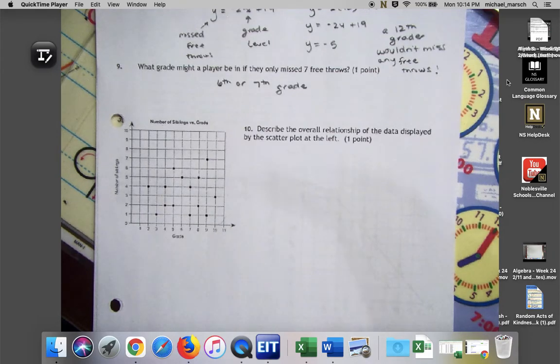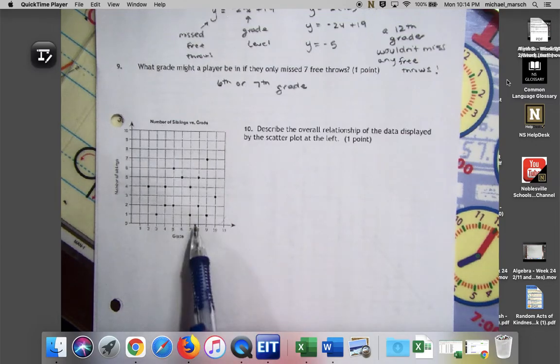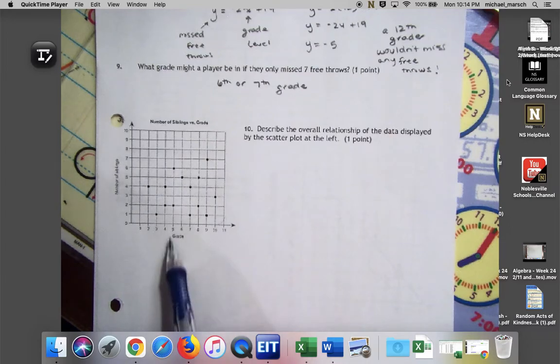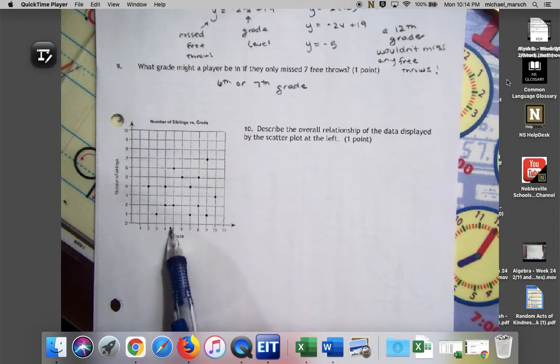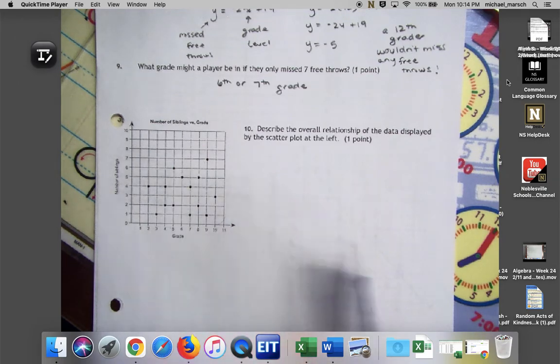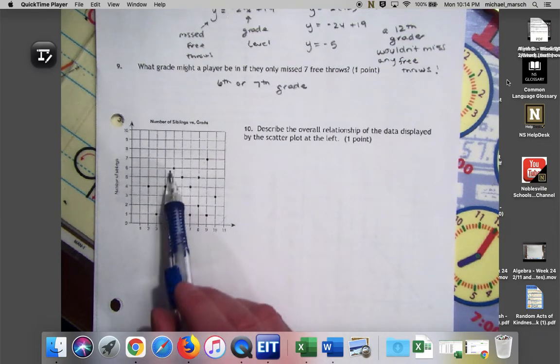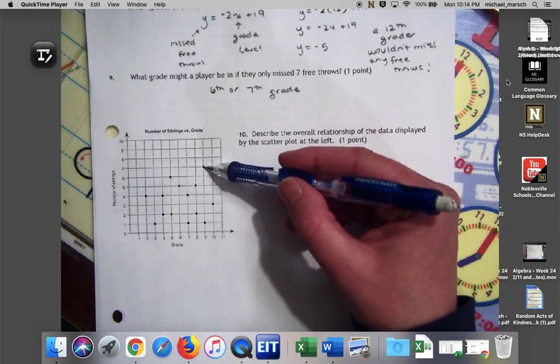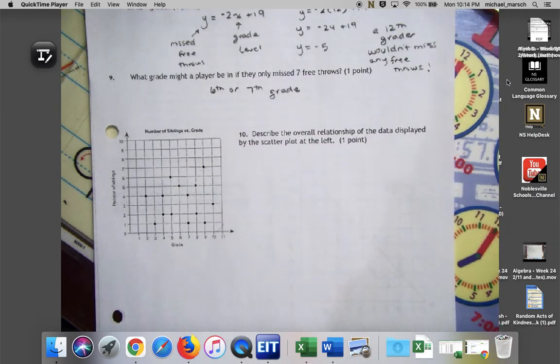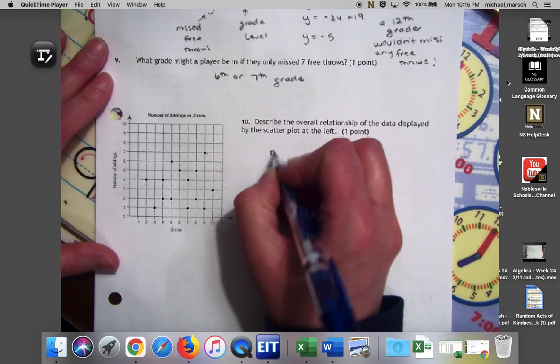No, I cannot, right? There's really no rhyme or reason to your grade level, how old you are, and the number of siblings you have, right? Because we have a 9th grader that has 7 siblings, but we also have a 5th grader with 6. So we can't even really go by the theory, the older you are, the more siblings you might have. You just don't know, right? Because this person might have siblings that are older than them and younger than them. So that's how they can still have 6, where this person might be the oldest in their family and have 7, right? So let's go ahead and say no,